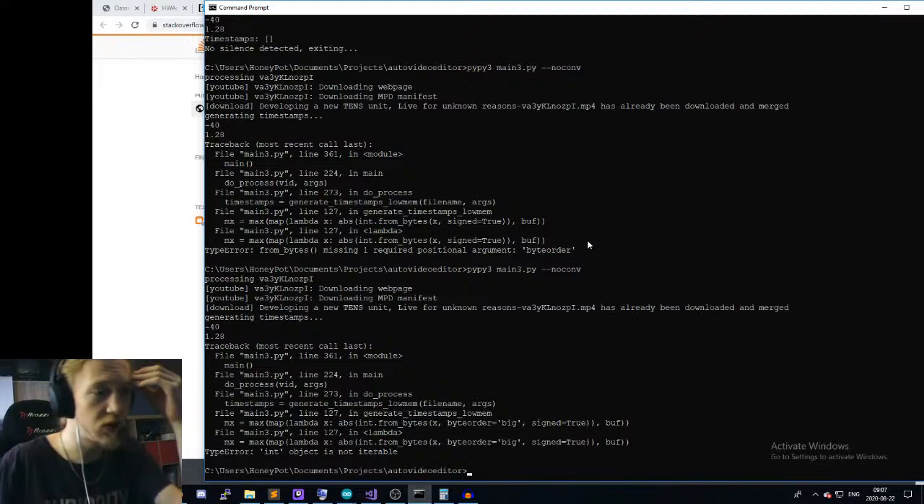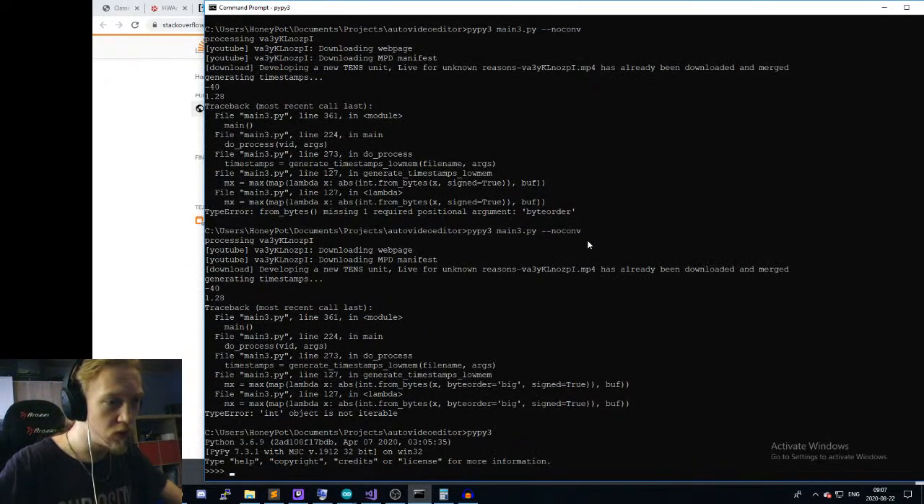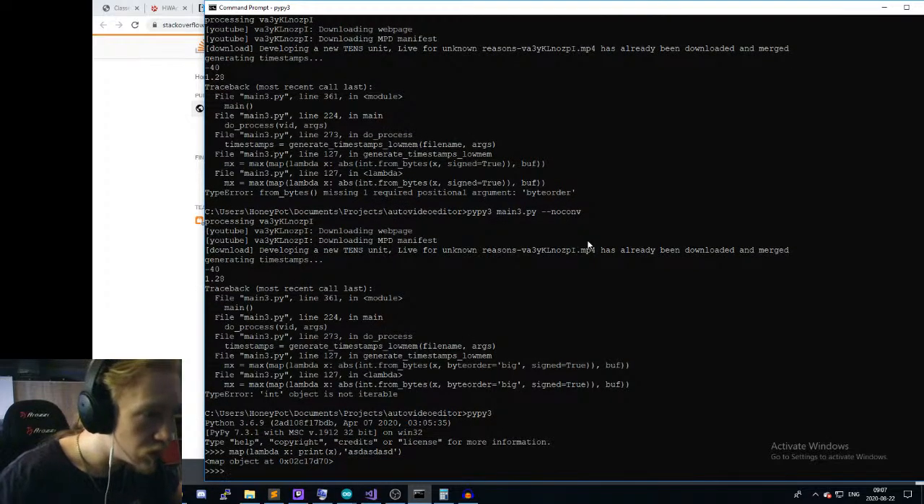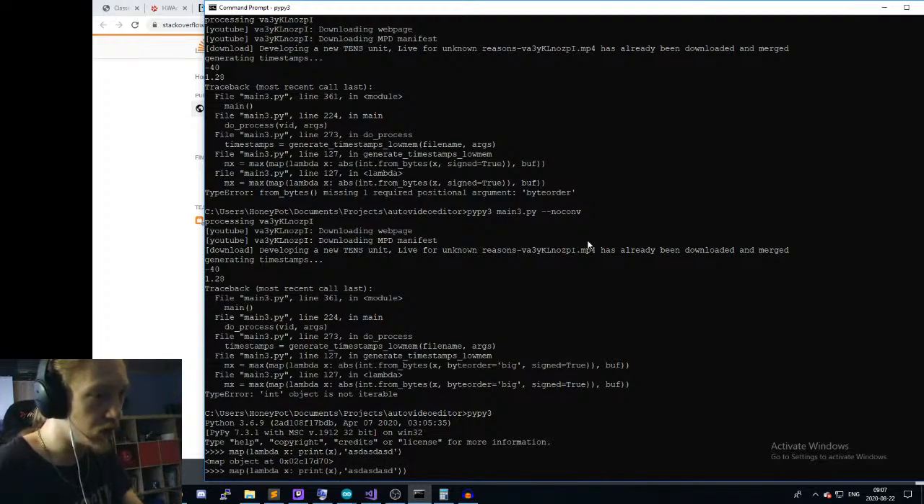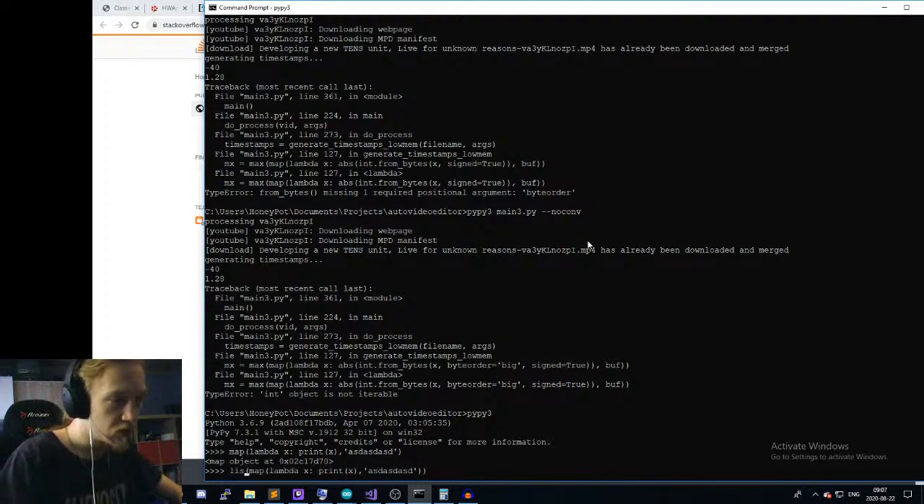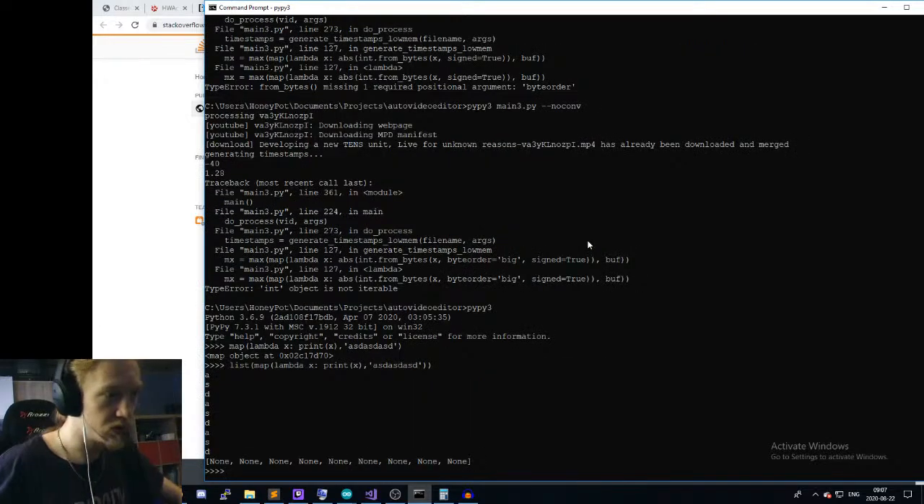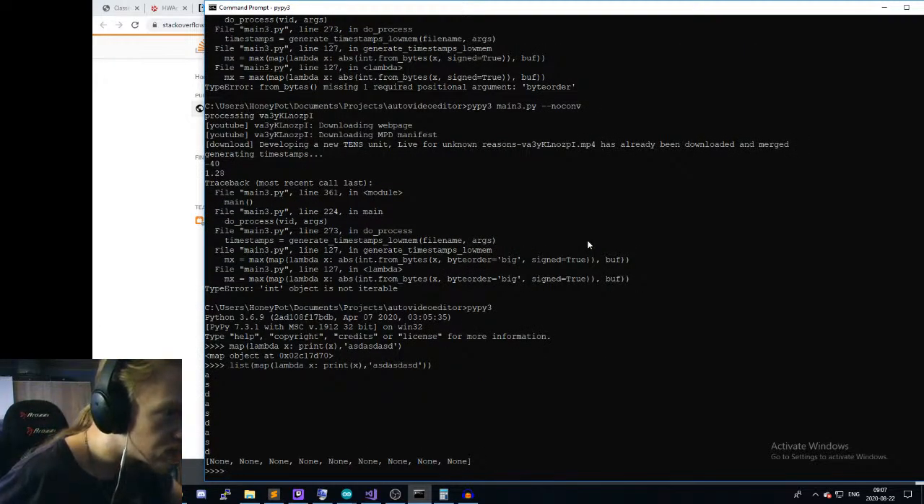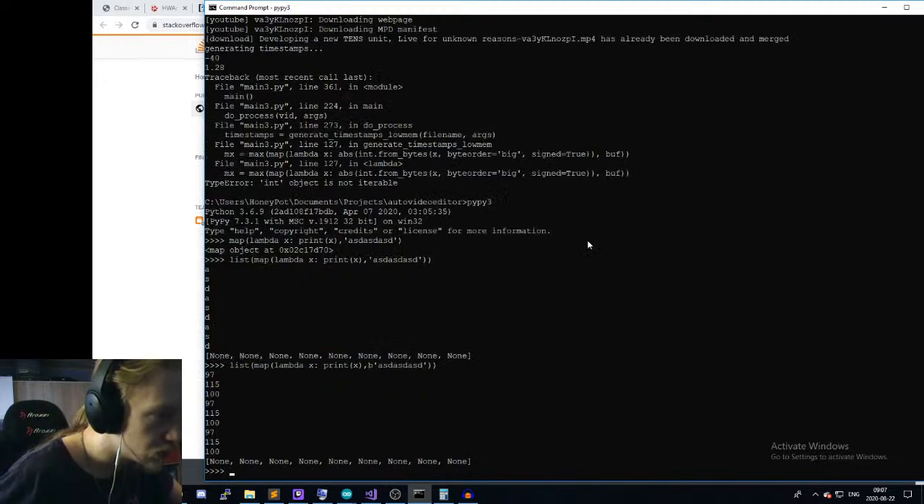Okay, let's do some testing here. Pi3. We have a map object, lambda x, print x. And we're gonna give it first a string. Okay, it did nothing because it didn't evaluate. So we'll make a list out of it instantly. There you go. But now when we run with byte string,